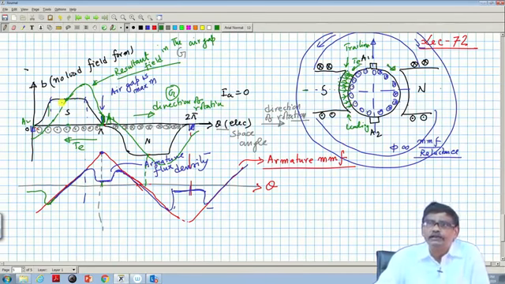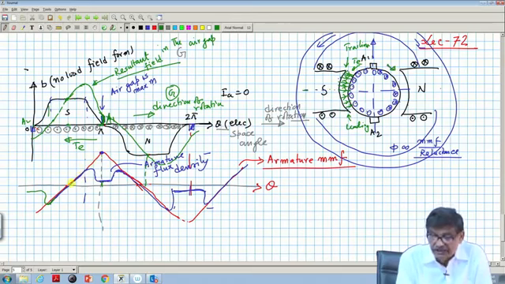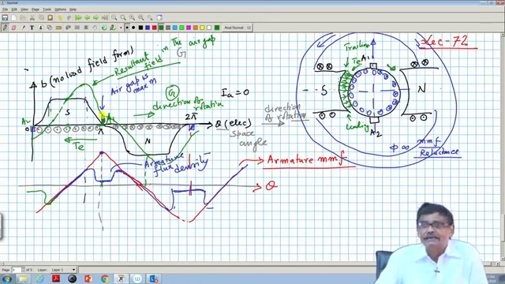But that is not so because of saturation, because more MMF here may cause this flux increase in one half to be less than the decrease in the other half. That is why there may be a net reduction in flux per pole,